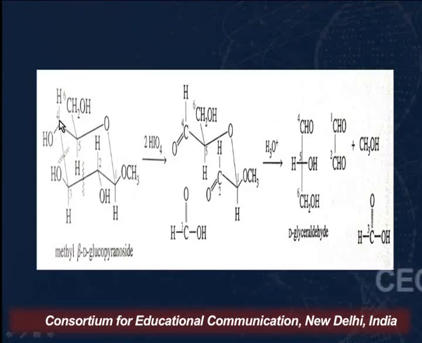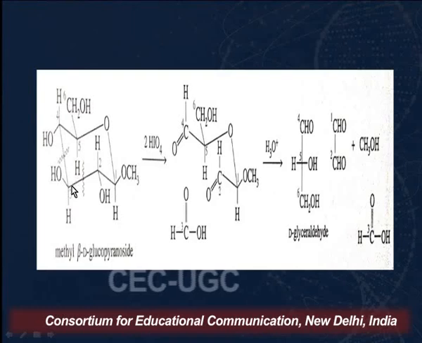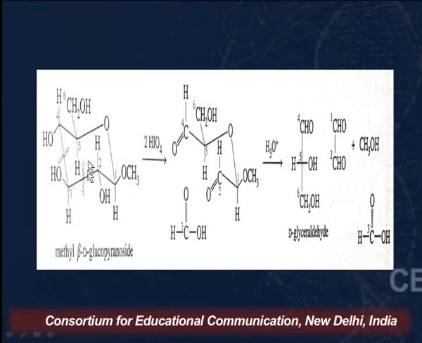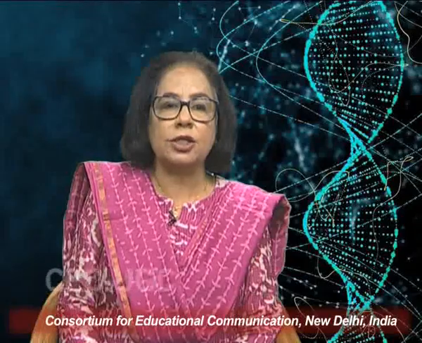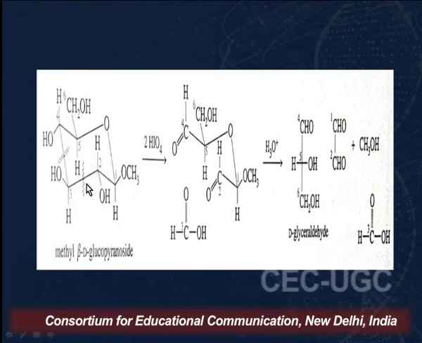Now we find that the hydroxyl groups here are on adjacent carbon atoms, so we will cleave the bond from here. And similarly, we find that these two hydroxyl groups are on adjacent carbon atoms, so the bond will be cleaved from here. When the bond is cleaved from here, we find OH will come here and the second OH will come here. So a water molecule will be eliminated and this will be converted into formic acid. And when we are adding OH here, this will be converted into an aldehyde group, and this will also be converted into an aldehyde group.